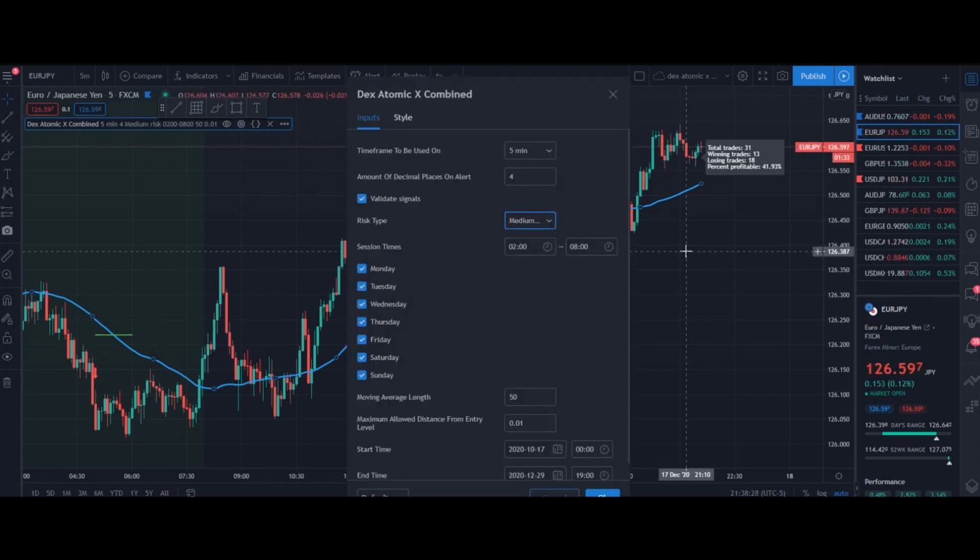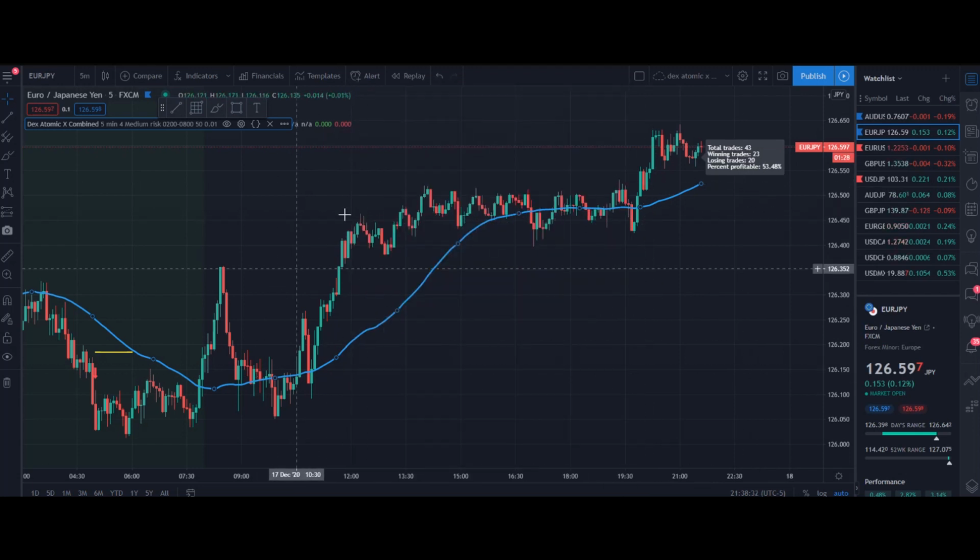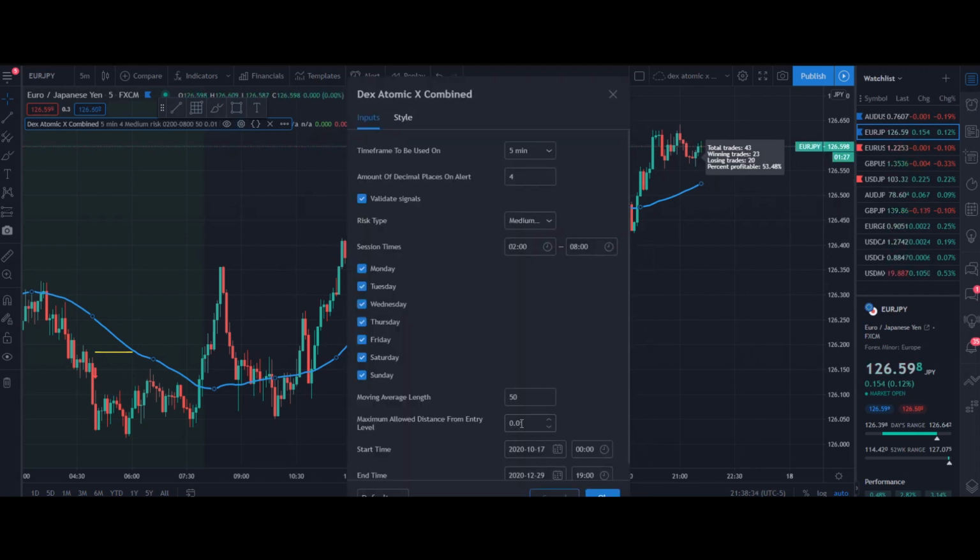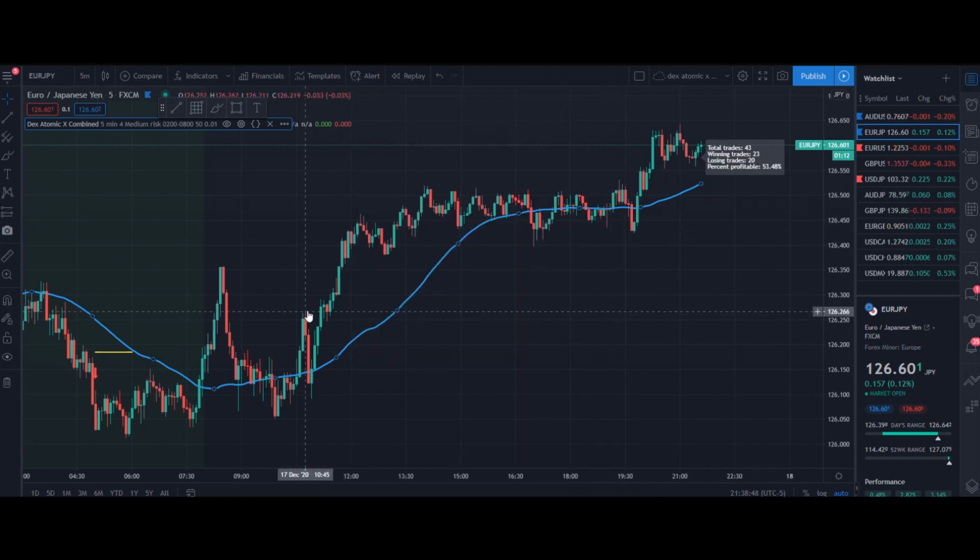So we go back to medium here. See, it's better on the medium risk on this particular pair, but that's also just at one pip, right? It's only on 1 pip. So it's a 45.65. So you need at least over 55% success. So you just got to find it. And what is the best for you? Okay, so for now,